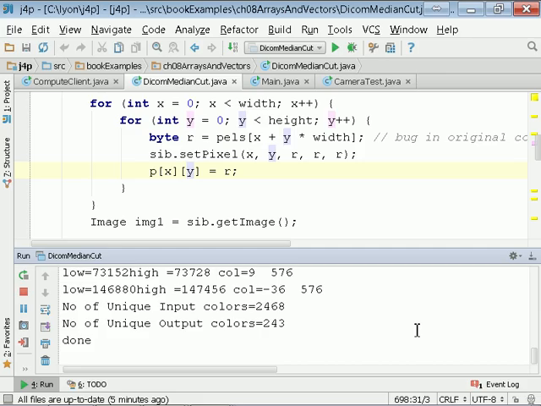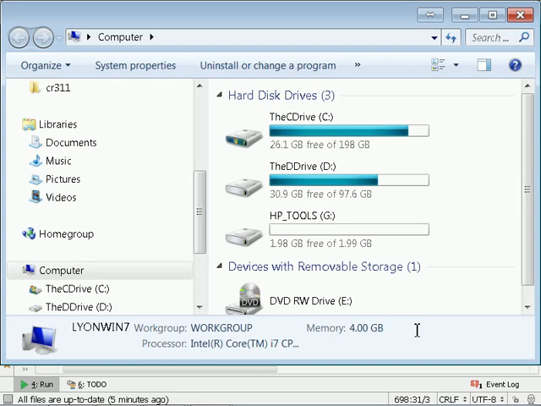Let's try a mental experiment. Suppose I said I have a clever way to take a 16-bit image and make an 8-bit image. Now let's suppose I have a clever way to take the 8-bit image and save it to the disk. So now suppose I have a bunch of images. In fact, I do. When I look at